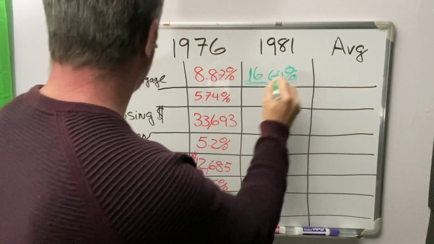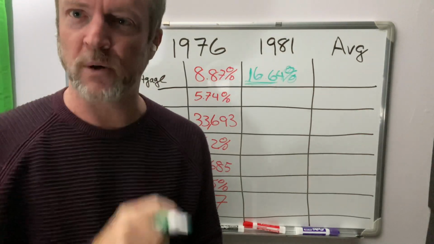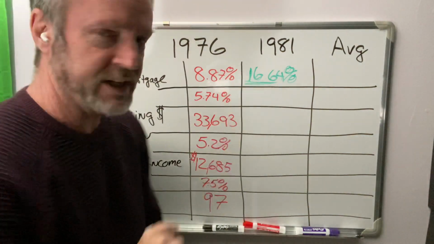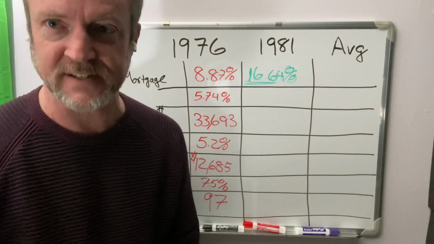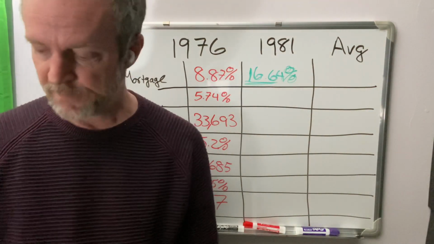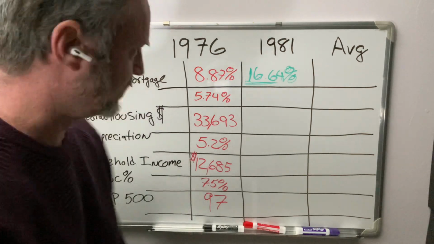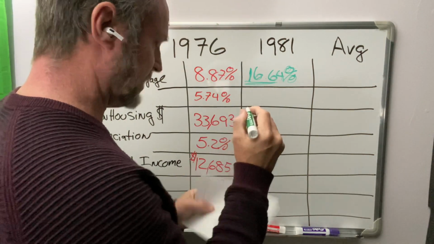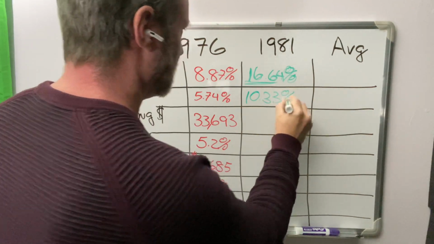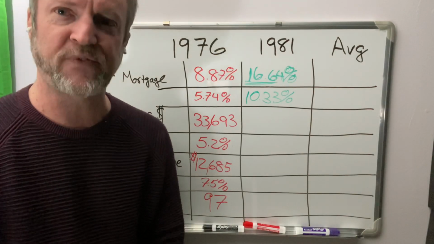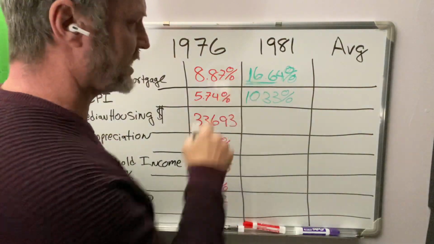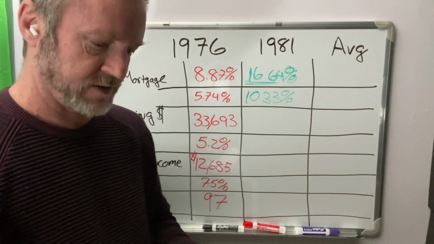So 16.64%. That's crazy. So again, remember what everybody tells you. Rates go up 1%, housing crashes 10%. Housing is supposed to crash 80% in this example. We'll see if it does in a moment. How about CPI? Remember we talk about all this inflation getting worse? CPI went up to 10.3%. CPI was 10.3%. That's 5 years of inflation. That's the Fed not doing their job. They eventually did their job, but it took years and years and years.